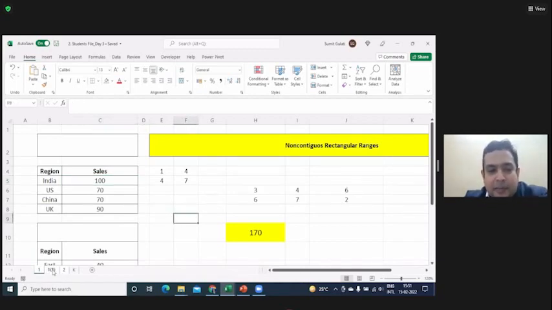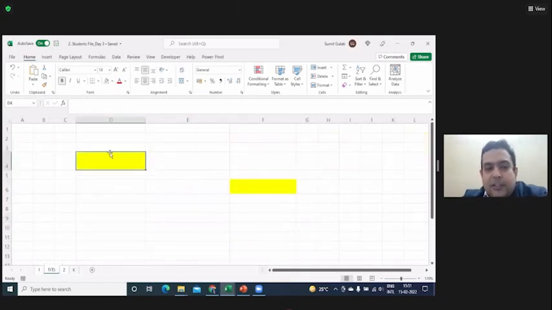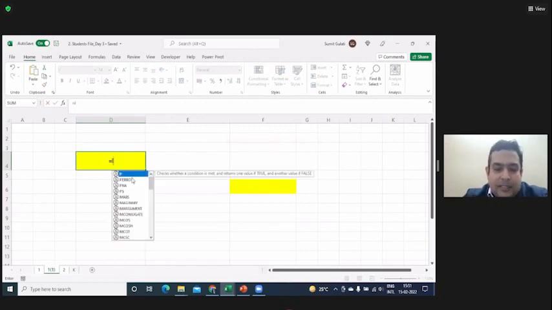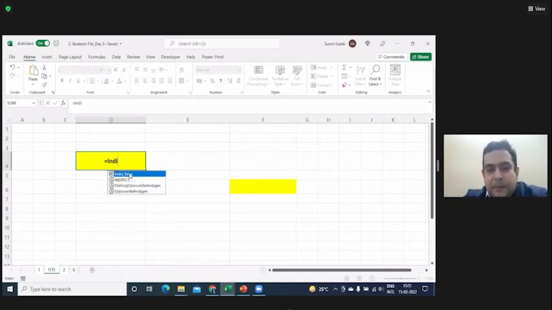Okay, now come to worksheet 1-1. What I wanted to add in D4 was the addition of India and US, C5 and C6. Now see, just press equal to and start typing India. Can you see India_sales here? Just double click on it.